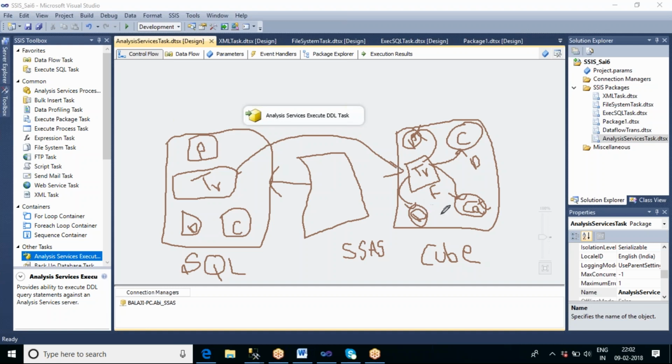So here, all these tables will have the structure but no data. Okay, when you execute this DDL task, only the structure of the tables, for whichever tables we are creating a cube database, it will just get the table structure but not